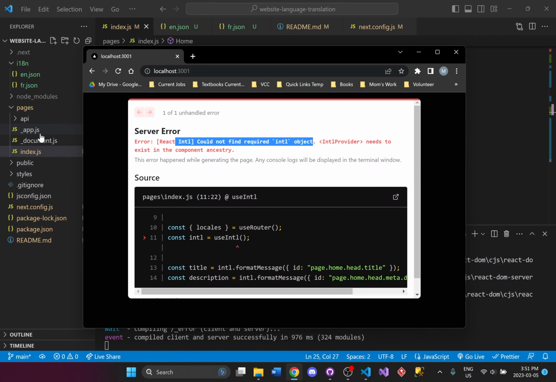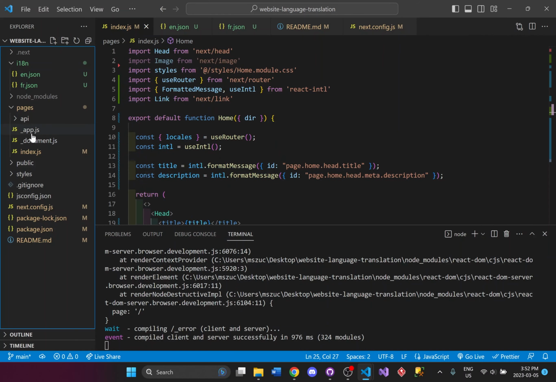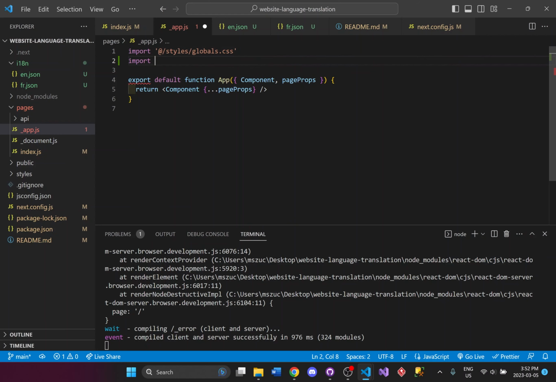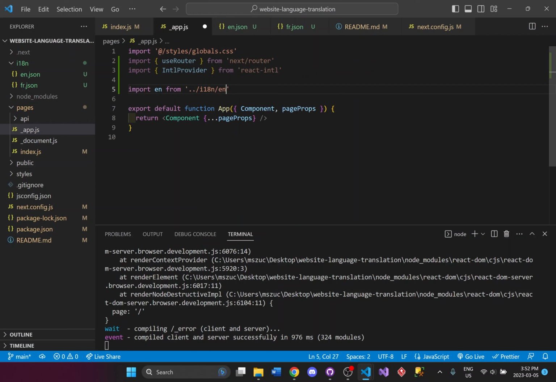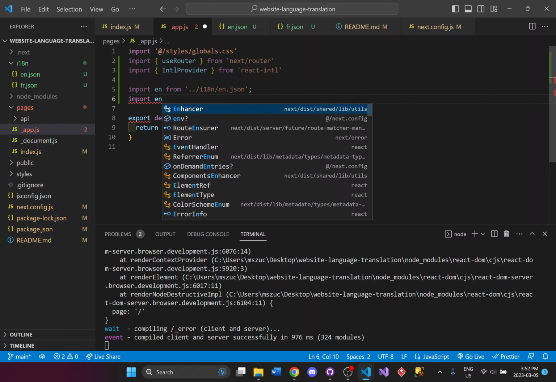where we're actually needing to pass over the values. So if we go back over here, and if we go into our _app.js, right over here we actually have to modify, this is the entry point for the application to run, and in order to actually know which language it should jump between, we have to add a few more lines of code right here. And I'm just going to reference the .json files that we've set up for English and French.